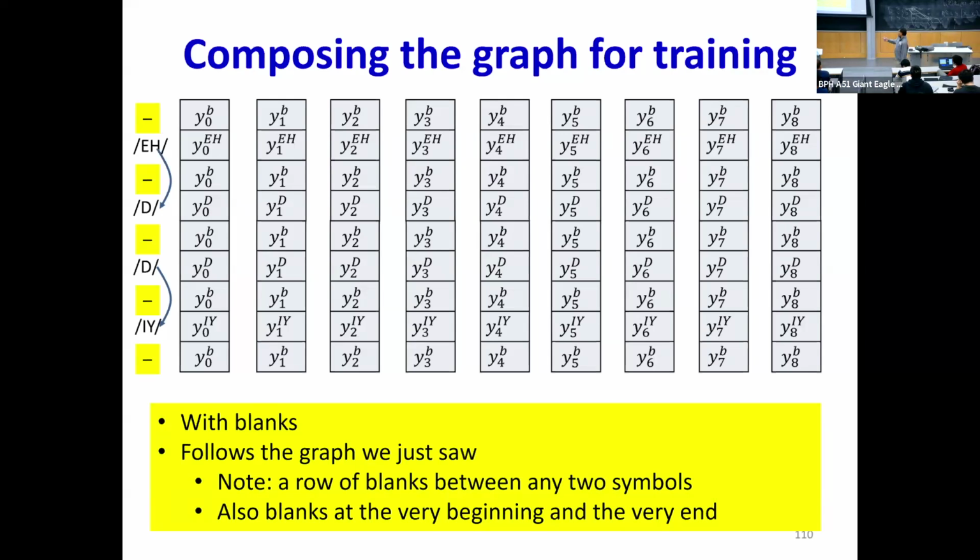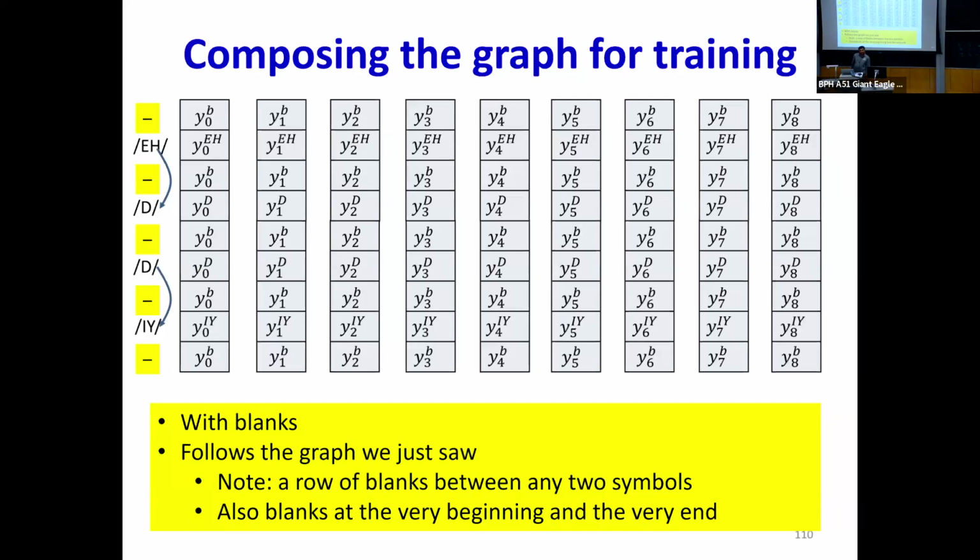D must be followed by a blank because you cannot skip the blank, otherwise the two Ds would get compressed. The second D can optionally be followed by a blank, or you can directly go to E. And then after E, you can have an optional blank. So when I compose, the probability rows that I pull up correspond to all of these